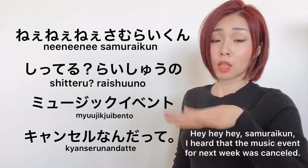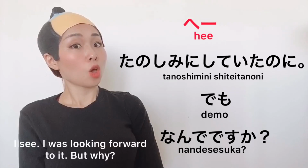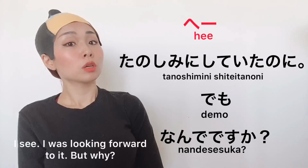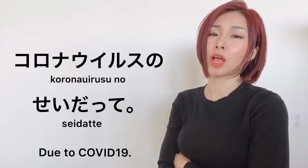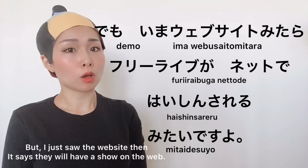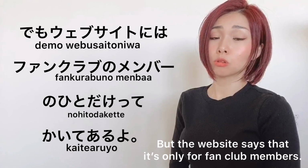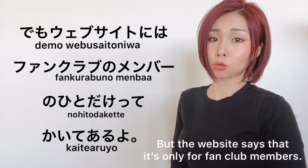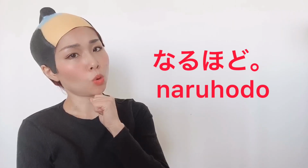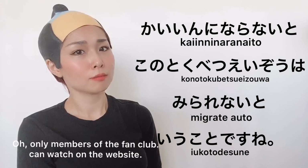Okay, example. ねえ、侍くん、知ってる？来週のミュージックイベント、キャンセルなんだって。へー、楽しみにしていたのに。でもなんでですか？コロナウイルスのせいだって。そうなんですね。残念。でも今ウェブサイト見たらフリーライブがネットで配信されるみたいですよ。そうなんだ。でもウェブサイトにはファンクラブのメンバーの人だけって書いてあるよ。なるほど。じゃあ会員にならないとこの特別映像は見られないということですね。